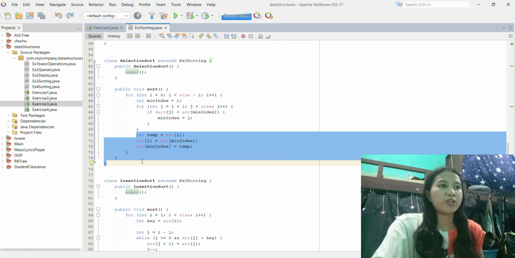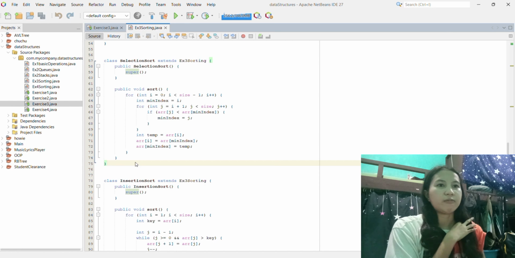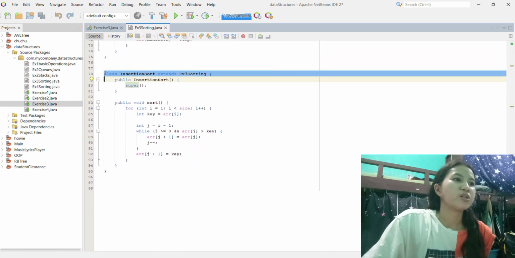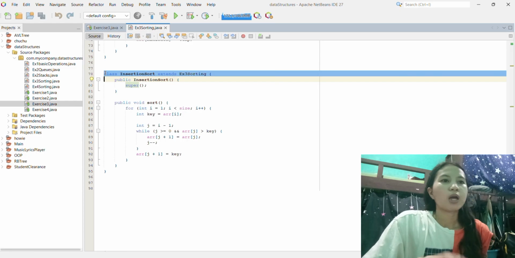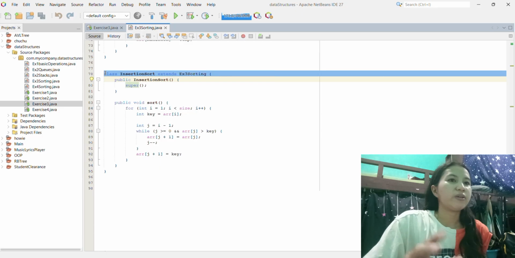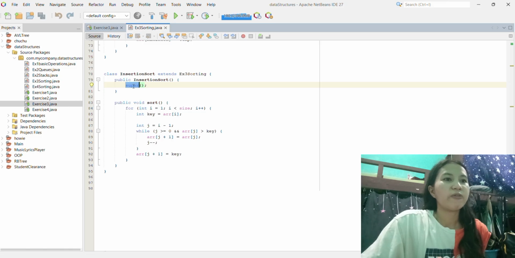it in the front. We also have the third subclass, which is the insertion sort, which extends the parent class by extending the sorting. This class automatically inherits the array and other properties, so we don't need to define them again. Inside the class, we first have the constructor that calls super, which simply means it runs the constructor of the parent. This ensures that the array and everything set up in the parent class are properly initialized before we